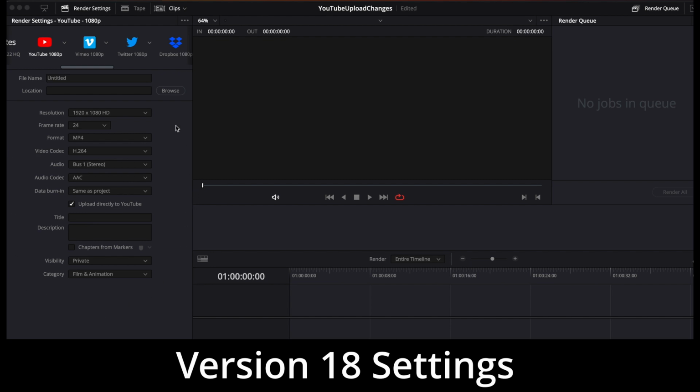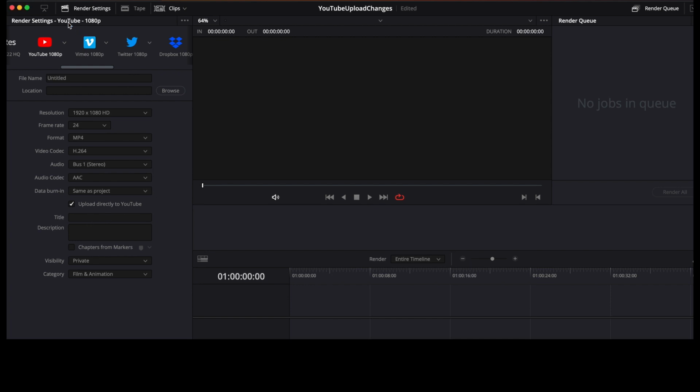DaVinci Resolve 18.1 was released on November 11th. These are the settings for the YouTube on version 18. So as you can see, when we click on Preferences,